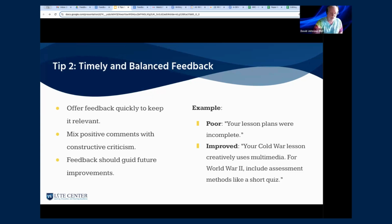No, I understand that, but what I come across, especially at the doctoral level, is I'll have a paper, and they'll say, "Well, my last teacher said my writing was good." I'm like, "Yeah, my mother said I was good looking, and yet here we are." You know, it's a kind of a false sense of who they are. That's the issue. Not so much that positives can't be in there, but